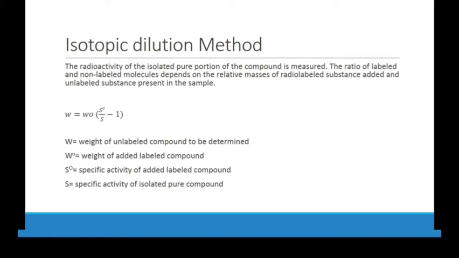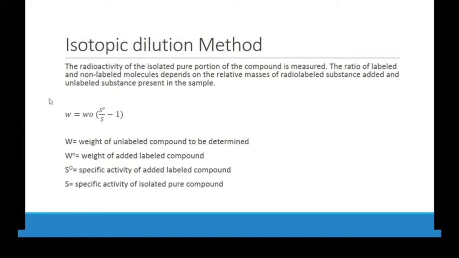So first of all, you have a beaker with an unknown amount of sodium and you want to know the amount or concentration of the sodium. Then you will add from outside a known amount of sodium with radioactivity to the solution. Then you homogenize it, then extract the pure amount, and then you put the values in the formula.